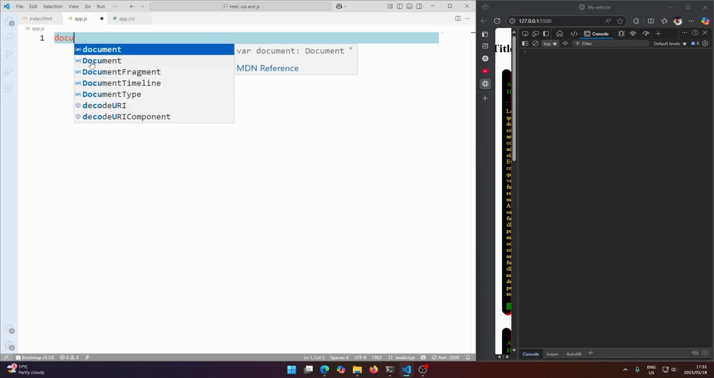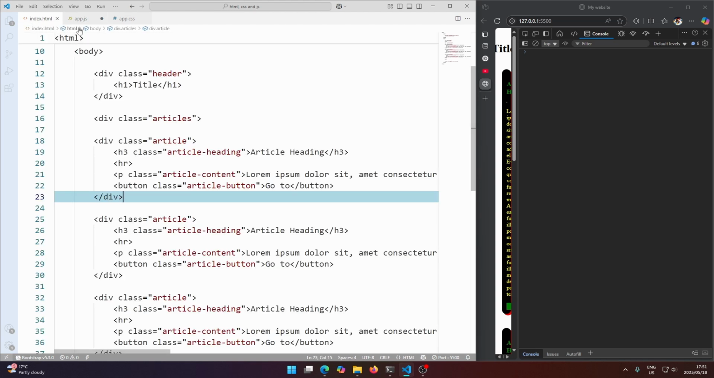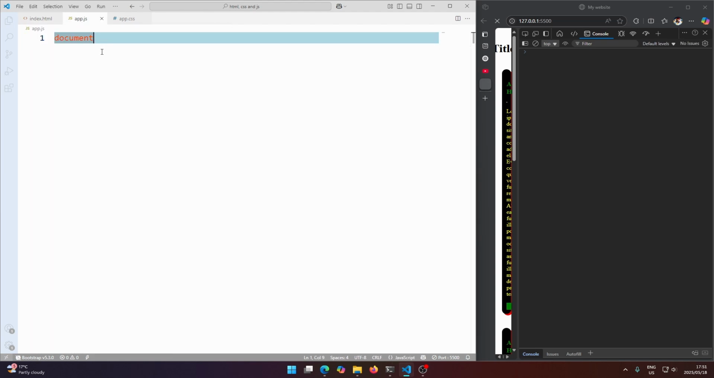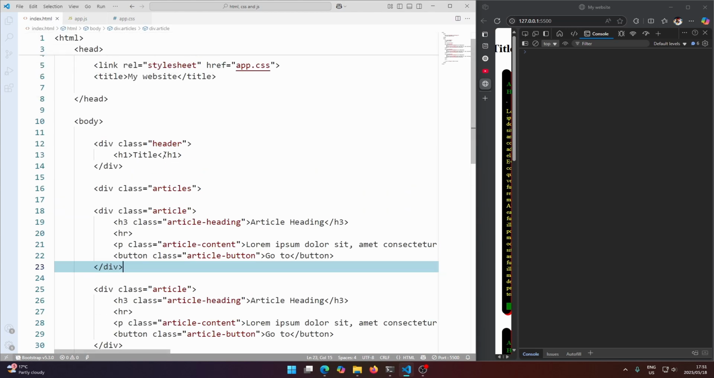And you can see here that there's two versions. One is with the capital D and one is with the lowercase d. So we want the one with the lowercase d. And this document, actually, it's like a reference to the HTML document. So to get an item from the HTML document, like let's say we wanted,